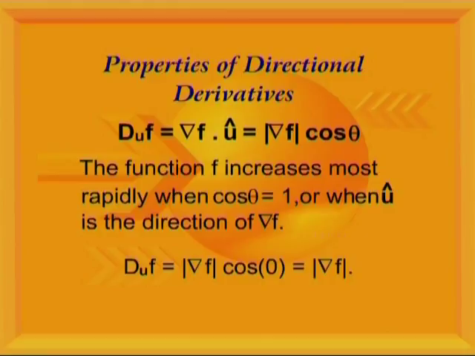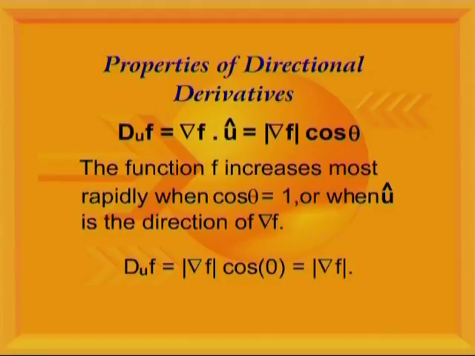Where cosine theta is 1, the angle is 0. Therefore this quantity is maximum when theta is 0, in other words, when this gradient f is in the direction of the vector u,